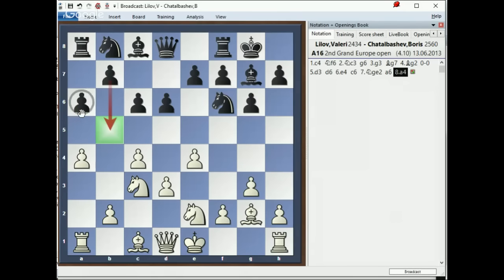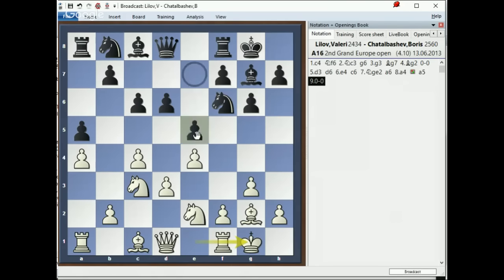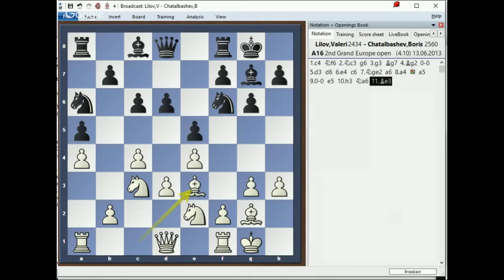Not every time, though. So you played a5, I castled, and then he played e5. This time I thought that it may be a good idea to play g4 so that the bishop comes out to e3, so it's pretty straightforward moves. I get the development, and I really encourage you to try the system in your games. It's super easy. It requires no time for you to figure it out. Most of the pieces really come out, and I did it very well.